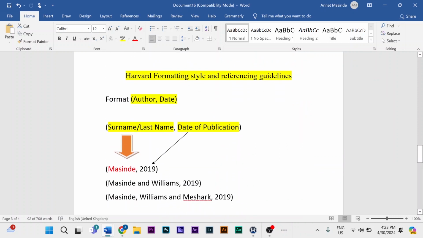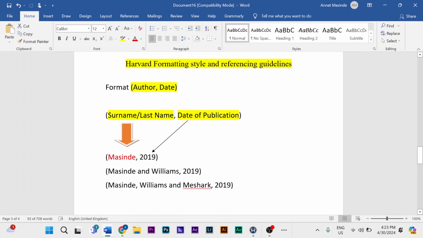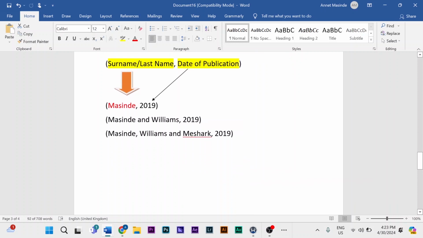One thing that you need to note in Harvard formatting style and referencing guidelines, they also follow the same format as APA 7th edition when they are doing in-text citation, with just a slight difference. So for instance, they also follow an author-date format where the author is the surname or the last name and the date is the date of publication. For instance, if my name is Masinde, I published a book in 2019, I'll put Masinde, space 2019 as a